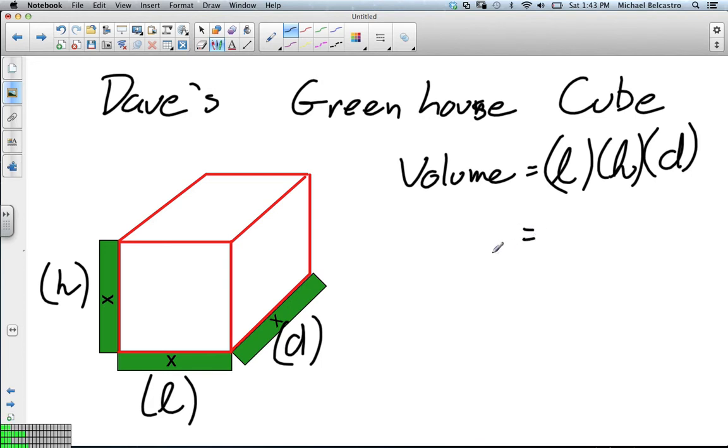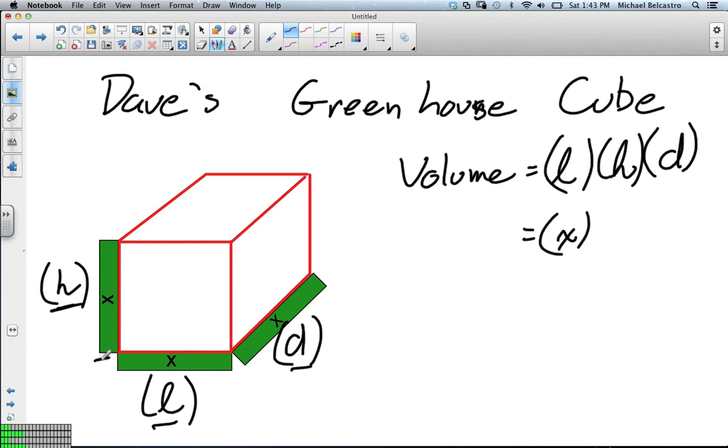Well, in this case, he has no idea what he's going to make it, how tall, right? Let's say his main requirement is the height. Well, if he wants it to be a cube, the length and the depth have to be the same as the height of his cube. Okay, so in terms of figuring out the volume of this, well, the length is an unknown amount,